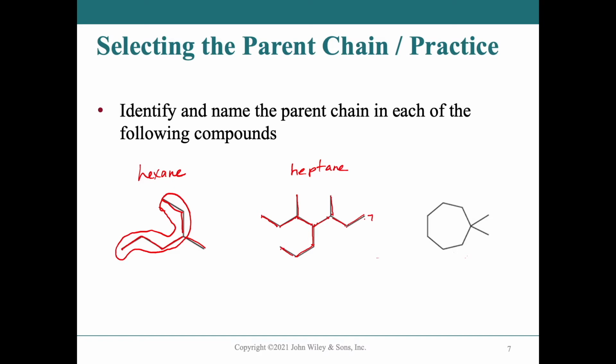And which is the parent, right? So remember that we want to choose the one with the most substituents, okay? So if we chose this one right here, 1, 2, 3, 4, 5, 6, 7, right? It only has 2 substituents, this guy right here or this guy right here. So that's not that many substituents, right? Just 2 of them. But if I choose the one that goes straight across, 1, 2, 3, 4,